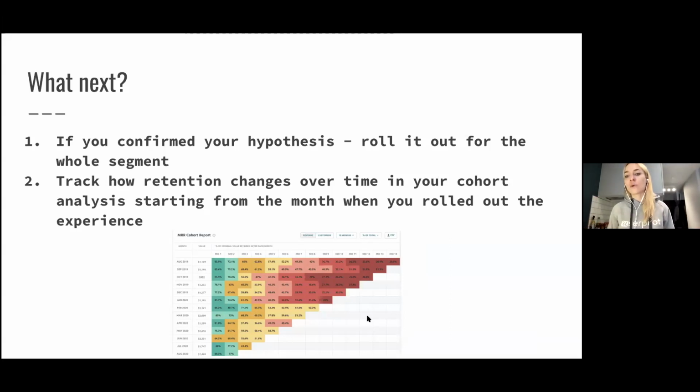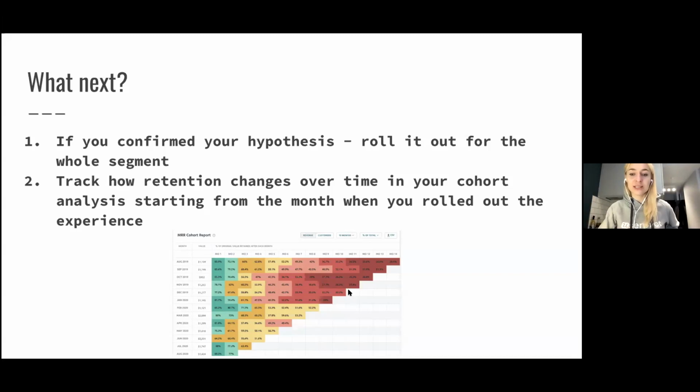You start showing them other value driving features, so they become a lot more powerful and a lot more effective at getting their jobs done. This will also affect how many of these users ultimately become power users and advocates for your product. So cohort analysis is a great tool for tracking how anything you add at any point in time affects the whole